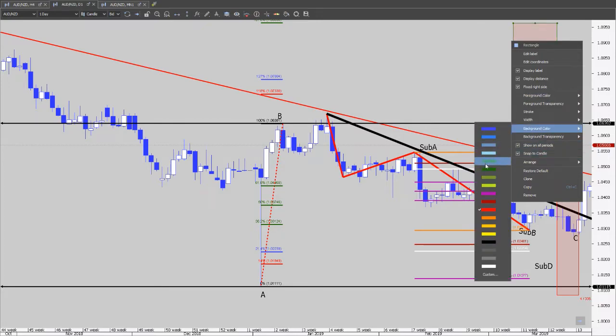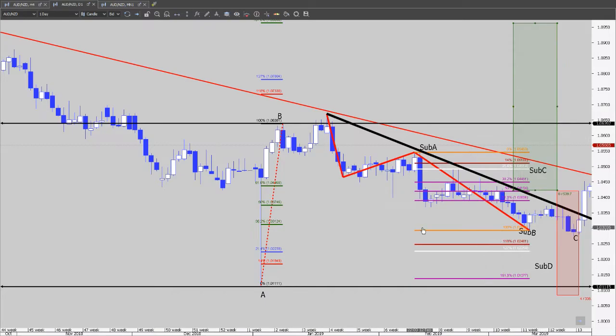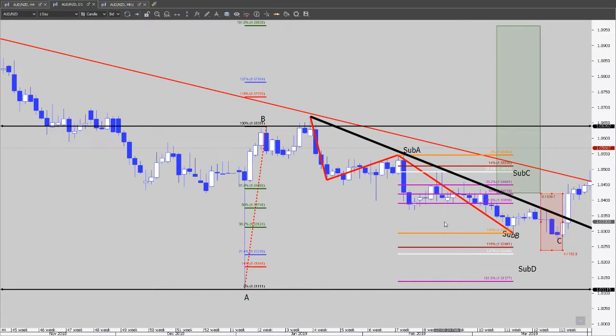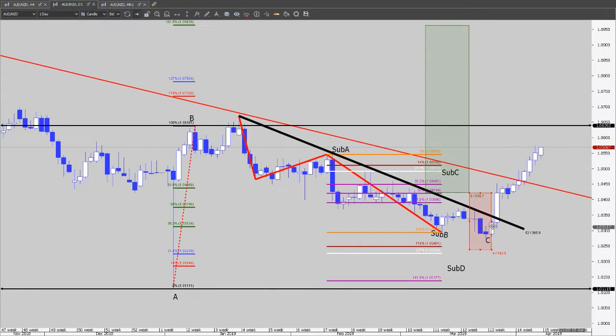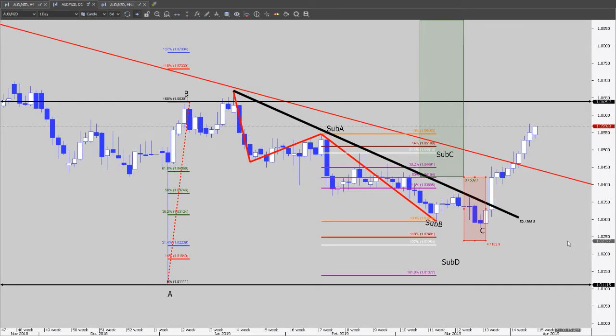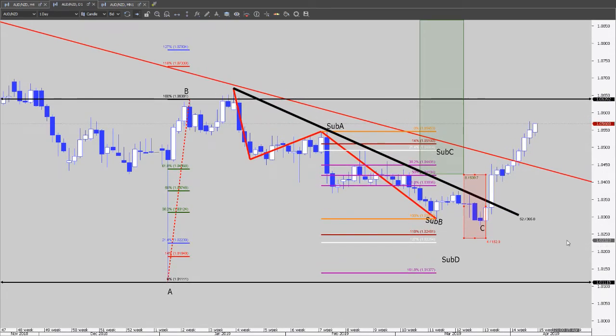We don't have the crystal ball, we don't know what is going to happen, right? But technically speaking, money management wise, it's a nice trade. You are going to risk 1 and you are going to earn 2, or if you put your stop below the C of the original Fibonacci, you are going to risk 1 to earn 4, 4.5, right? And finally the market took off, so we are still in the trade, and this is the AUD NZD daily chart. Okay,